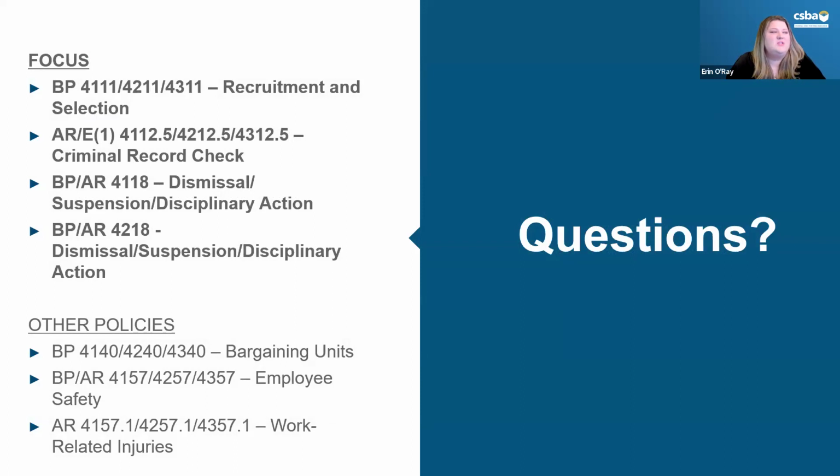Because we arranged the checklist where in the 4000s, the triple codes are organized together, the 4218 policy and regulation actually fall at the end of the 4000s, and they're on the following page. So you'll find them on the top of the checklist on page 3. Thank you so much, Erin, and thank you for joining us again to help with our technical questions. Really appreciate it.